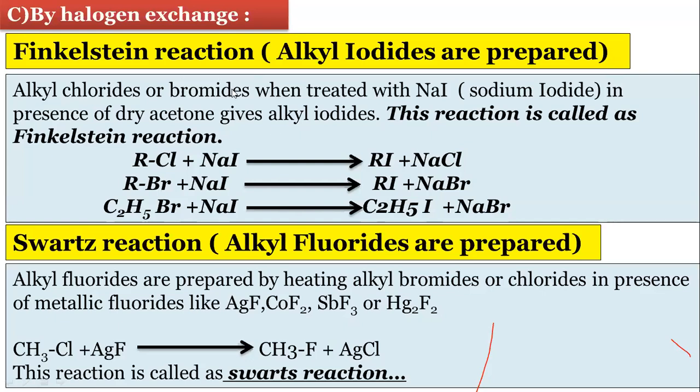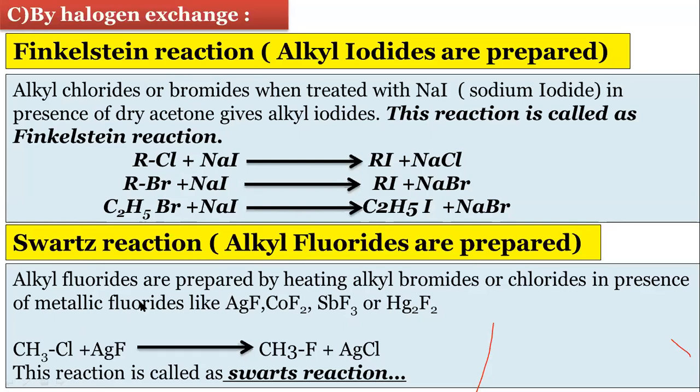So this is an example of halogen exchange. In this, the halogen is exchanged. In sodium iodide, iodine is exchanged here and bromine is exchanged here. We get the product iodides. And in the case of the Swarts reaction, we have to use